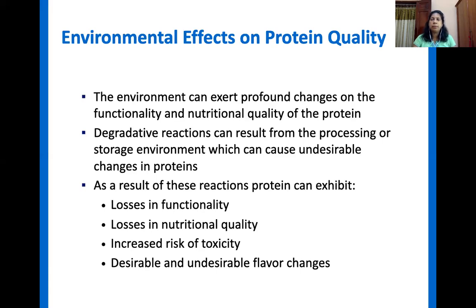Students, toxicity can be formed, because if you go through the Maillard reaction to a later stage, you can get toxicities. Color is a very nice color you can get, correct?